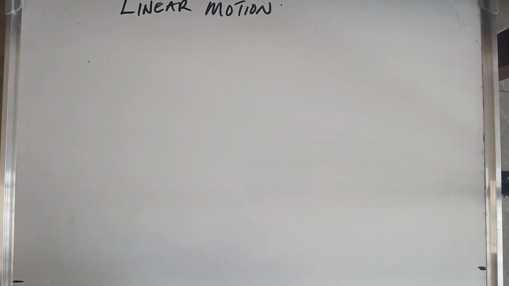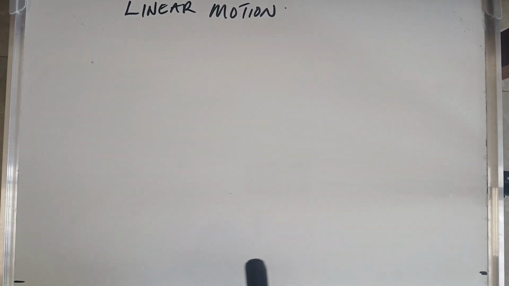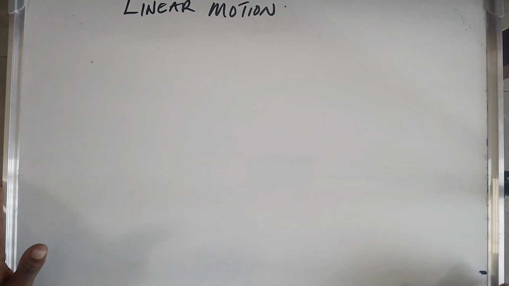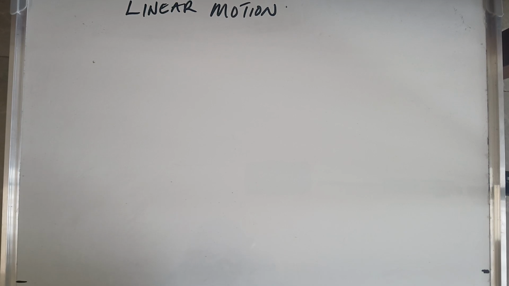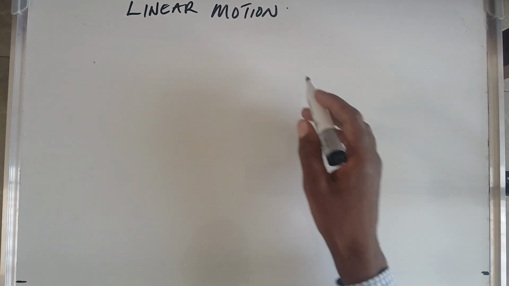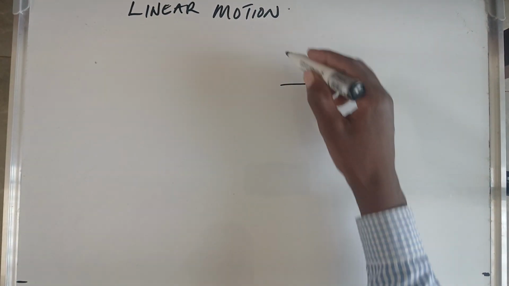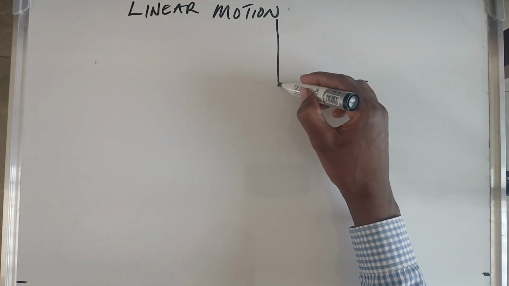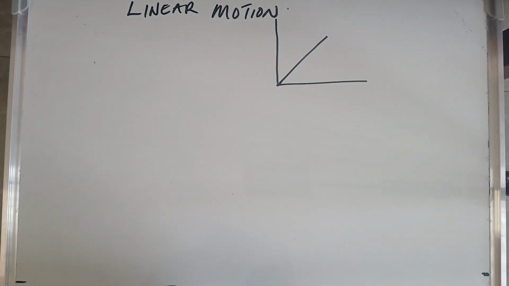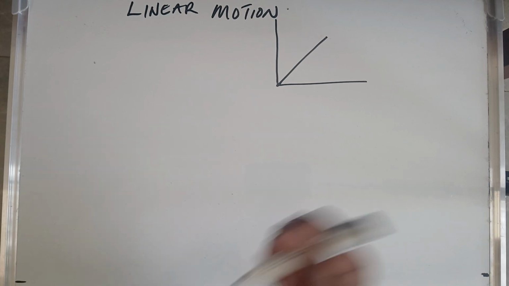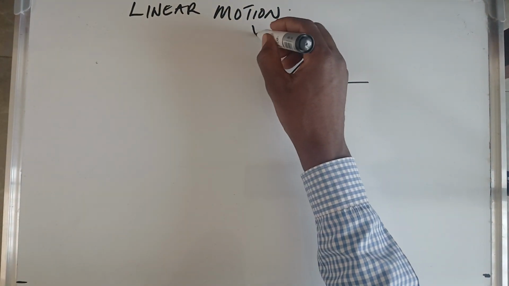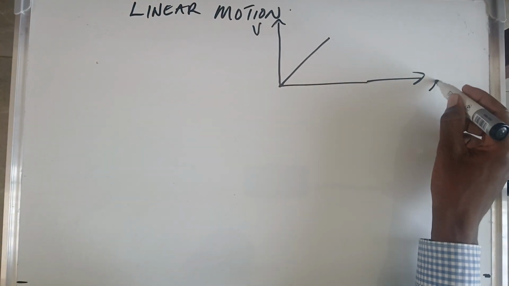In this tutorial video, we are going to look at the graphical representation of linear motion. All right. So, when we're looking at the definitions, we talked about this to be constant acceleration. Okay. So, having this as velocity and having this as time,